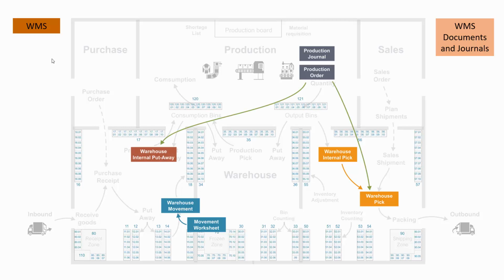And finally, when you want to make output from the production order, first you post the output in a production journal. So it's actually posted and on the production bin. Then from a warehouse internal put away, you can create manually the output line and create a warehouse put away. So to create a warehouse put away for the warehouse people to actually move the item from the production bin into the warehouse, you use the warehouse internal put away functionality.